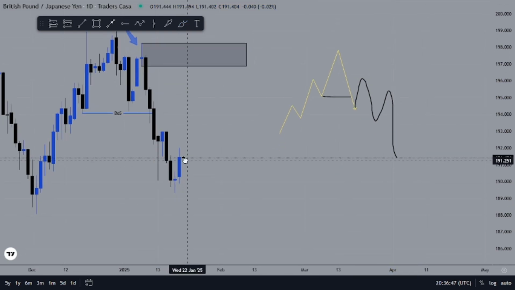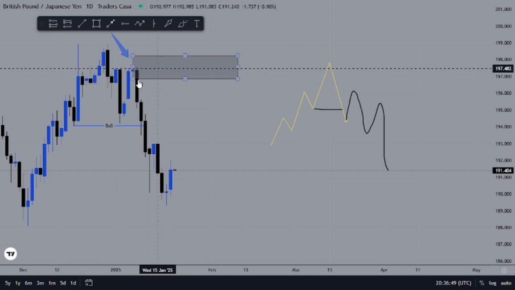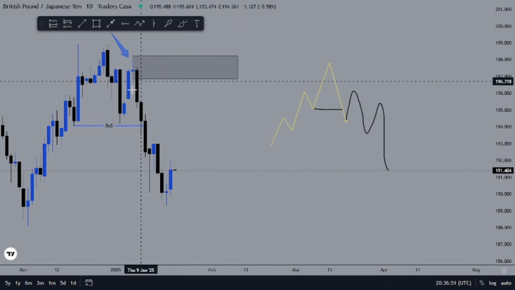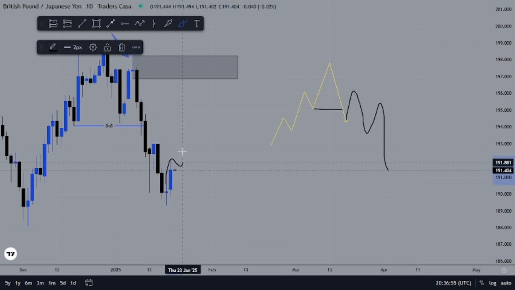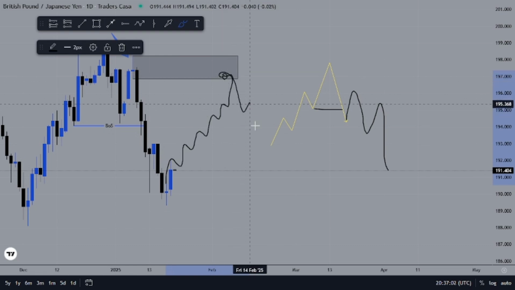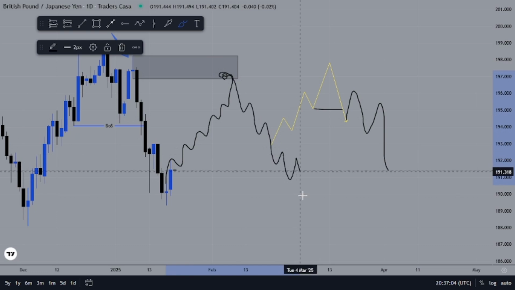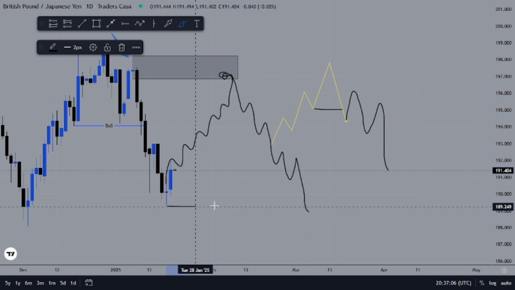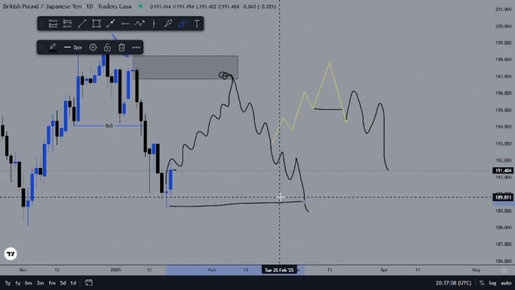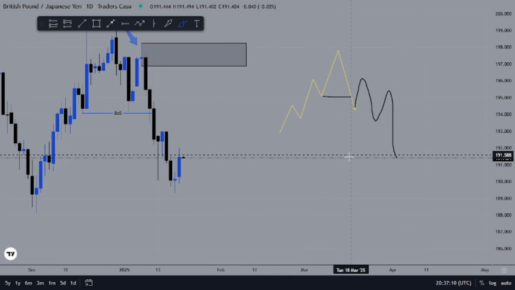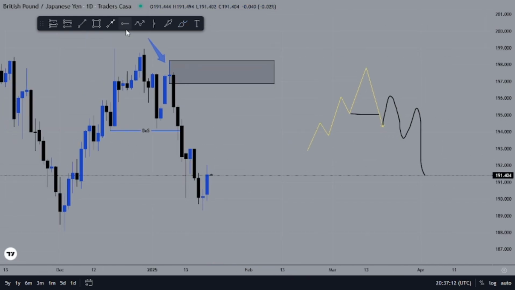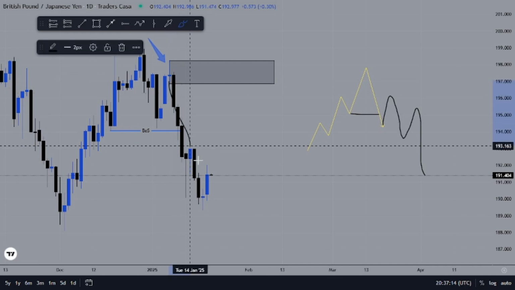So looking at GBPJPY right here, we have this supply zone drawn out which has not been tested. So there's a chance that price is going to drive all the way to this supply zone, fill it, and then we are going to see some bearish momentum come into the market again to come and take out these lows. So when you look at GBP on the 1 day time frame, even though market is clearly trending downwards,